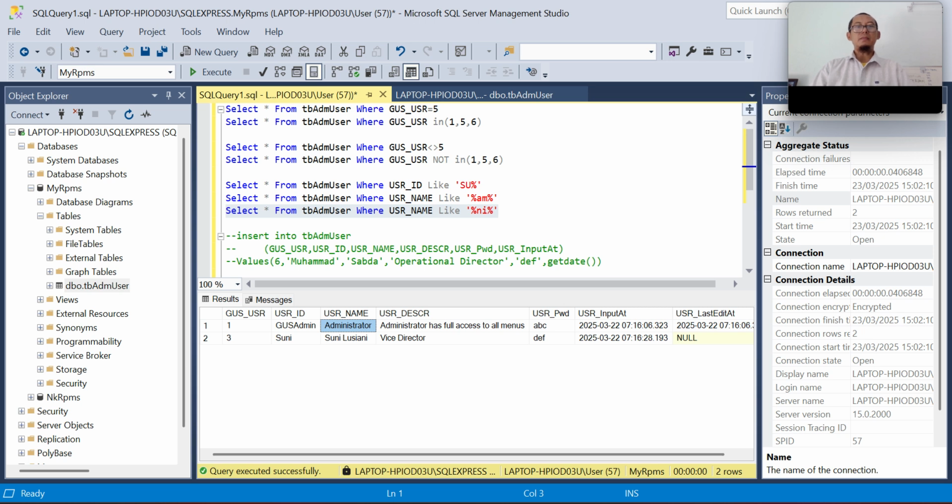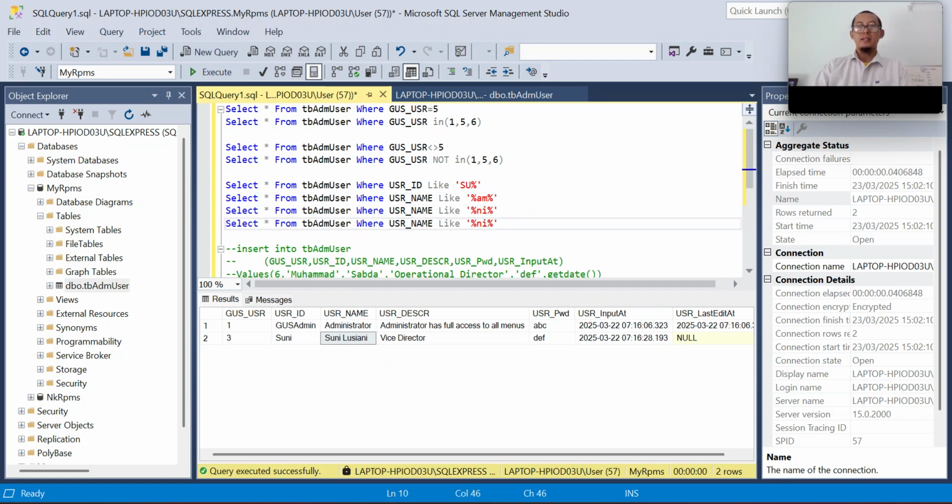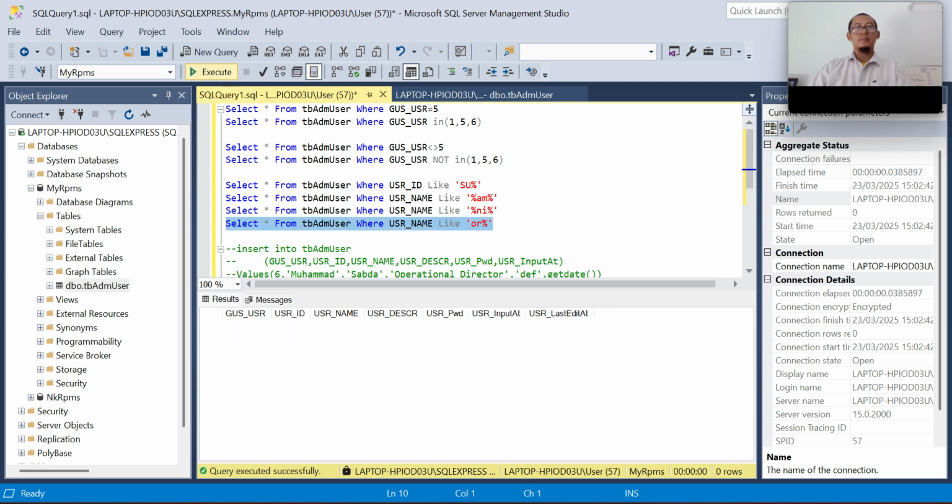Adminis. Okay. Now what if I want to display data with... there is no data like this.